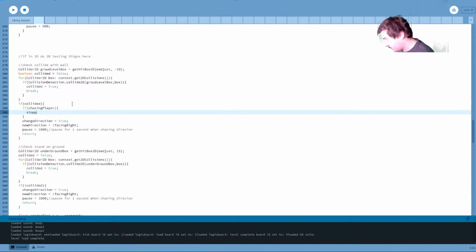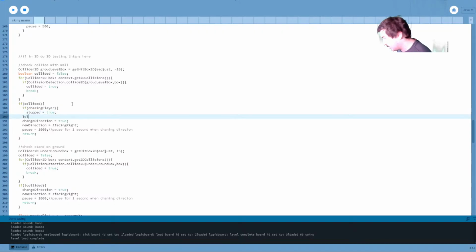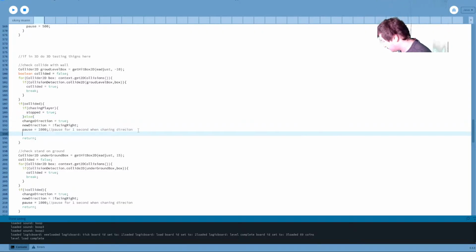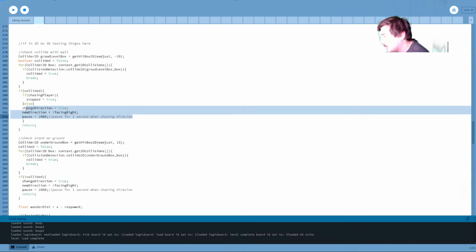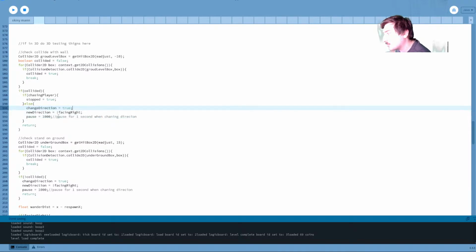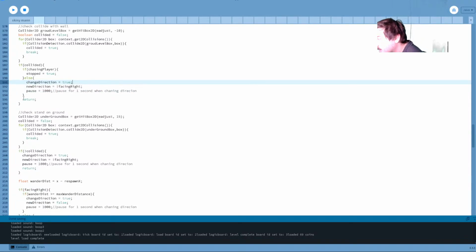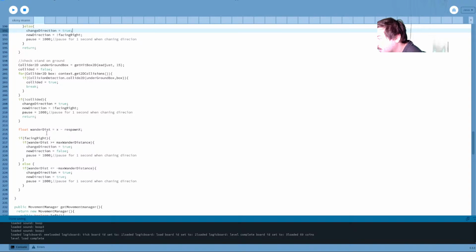Then we're going to just have it stop. Because stop will have previously been set to false otherwise, so it gets reset. Else... Or, oh wait, no, it returns, well, yeah, no, because then stop gets used by the movement manager. So yeah, no, this works. This works. Okay. Good.